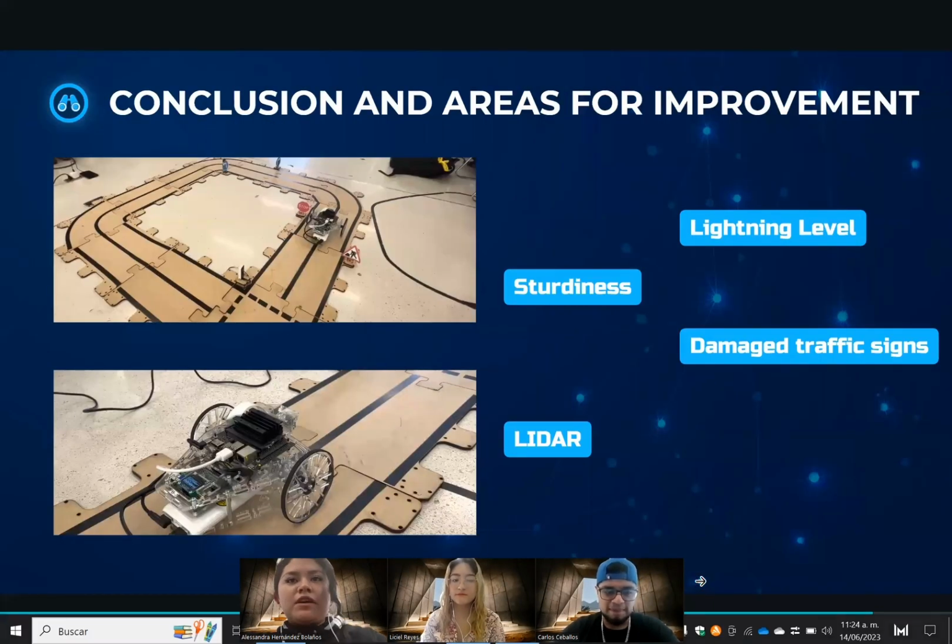In conclusion, this autonomous navigation project has demonstrated that it's possible to successfully implement a traffic light and traffic sign detection system using vision and ROS. However, we acknowledge that there are still areas for improvement. In particular, there is room to enhance the system's robustness against adverse conditions, such as extreme lighting levels or damaged traffic signs. There is also potential to integrate other sensors, such as a LiDAR, to improve the detection and enhance